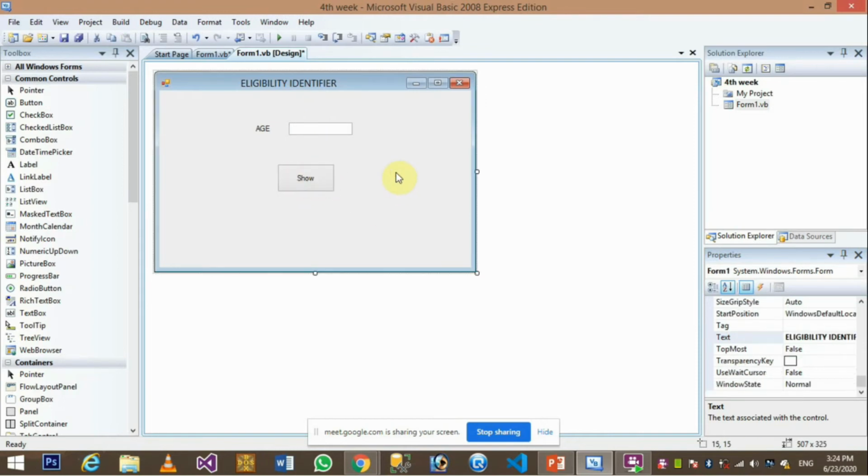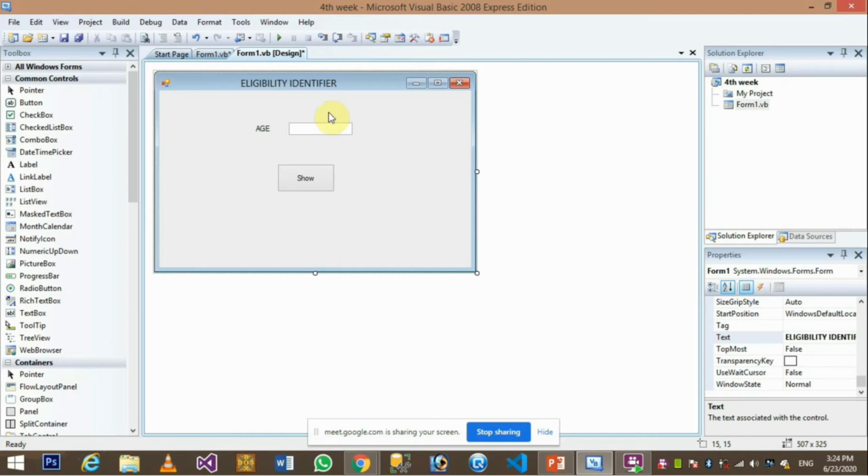Okay, so what I would need from this application is that if anybody writes the age in years in this text box, and after this button is clicked, it would display whether it is eligible for the ride or not, right?